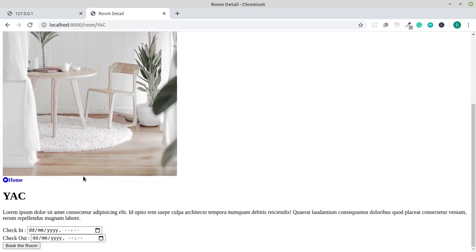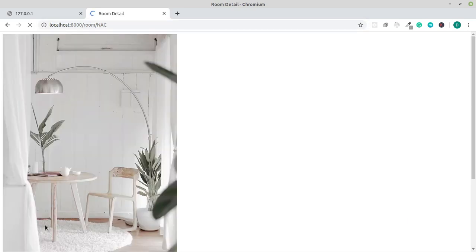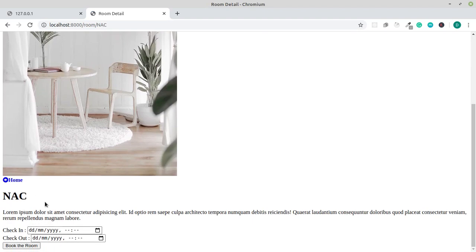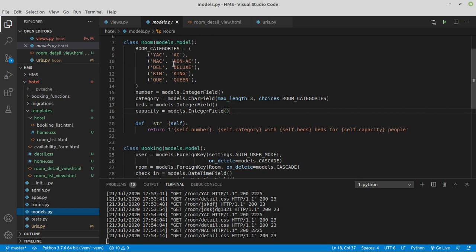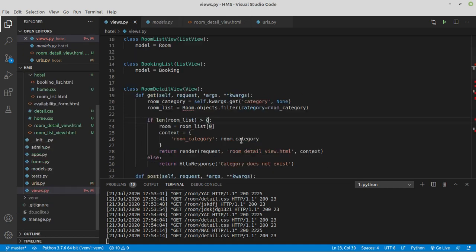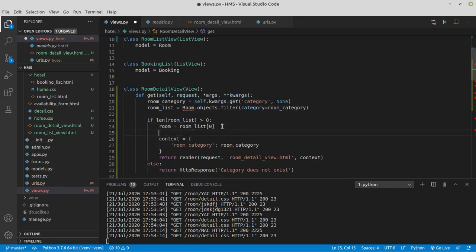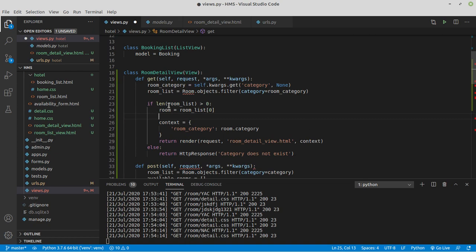But instead of this YAC, we want something like AC suite, or when we do this NAC, we want something like non-AC suite, not this NAC. Okay, so we are going to create a dictionary out of this tuple, and then we are going to render these values, the human readable, the right side ones. Okay, so over here, when we have got the right input, that's our room list contains something, we are going to take the room categories, and we are going to make a dictionary out of it,